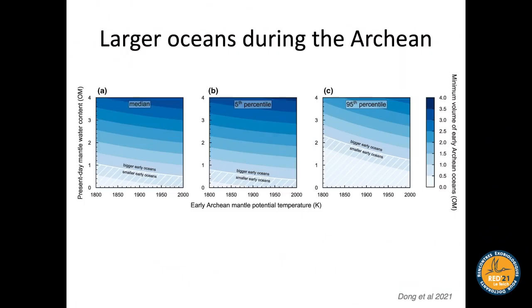This is a modelization that has been published this year, that calculates the amount or the volume of Archean ocean due to the early Archean mantle temperature. And this study proposed that we have larger, but really larger ocean than today. And water is very important, and the presence of ocean is very important for life, but is also very important